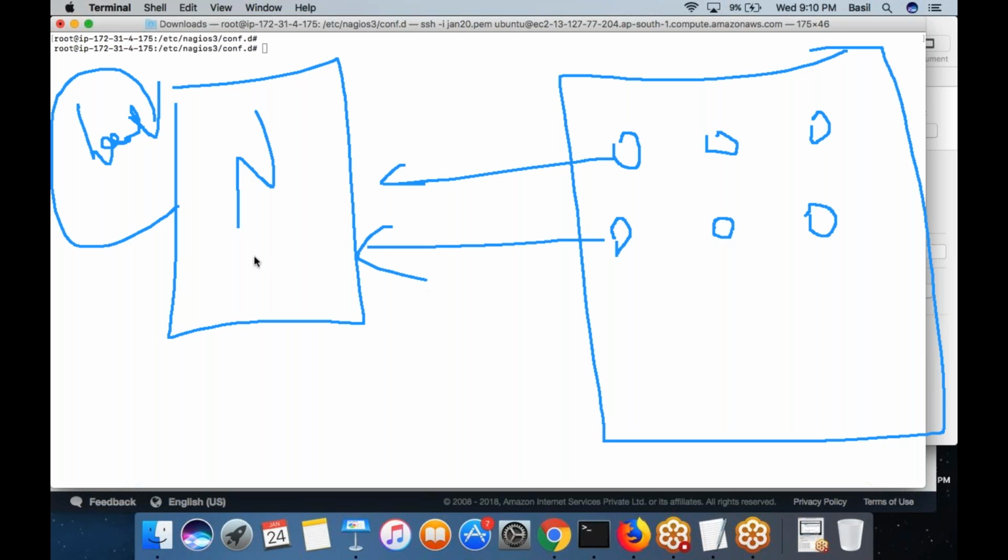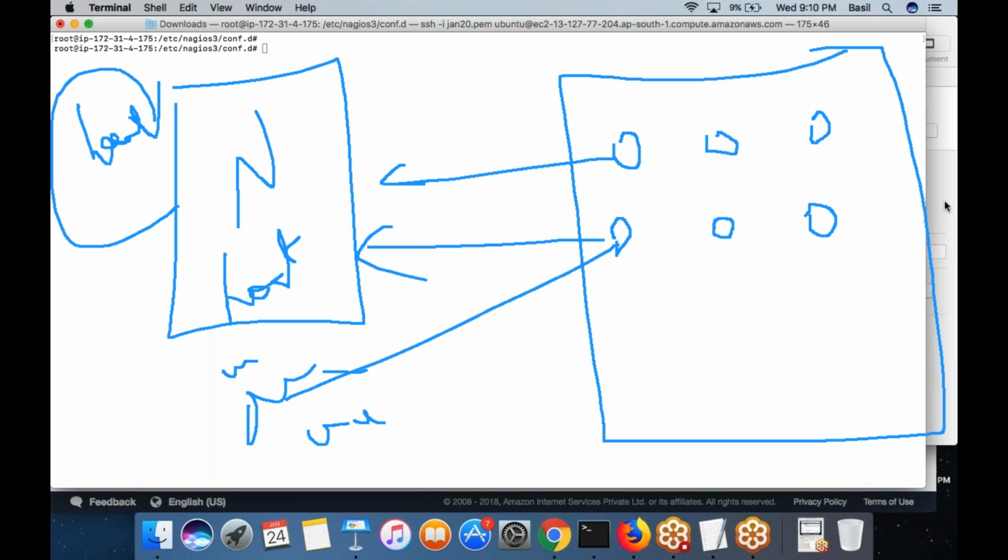Or maybe what you can do is create a host group. Then maybe multiple host groups, like web server group, database server group, like that. You can create multiple groups. Then you can add the machines into the respective host group. Then to that host group, we can define the services better, right? It's always better. You define the host groups, add the individual machines to the host group, and then when you define the services, you define them for the host group rather than individual hosts.